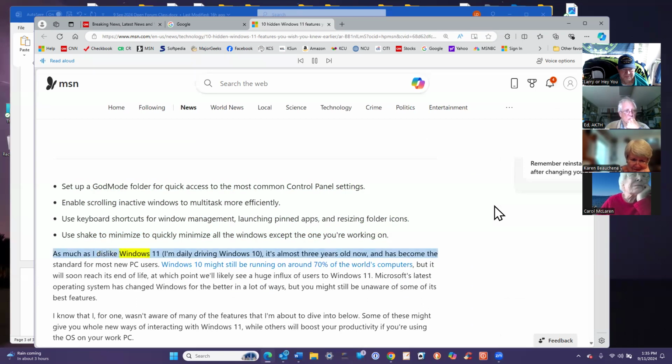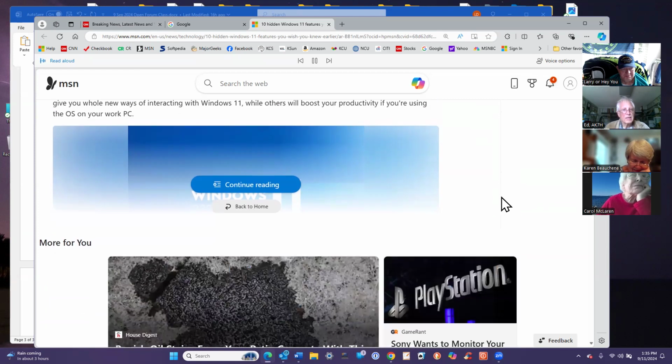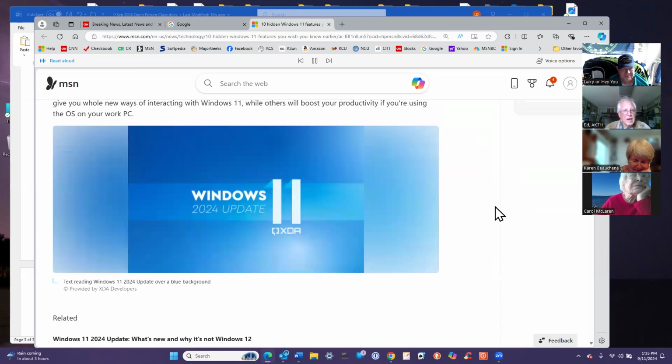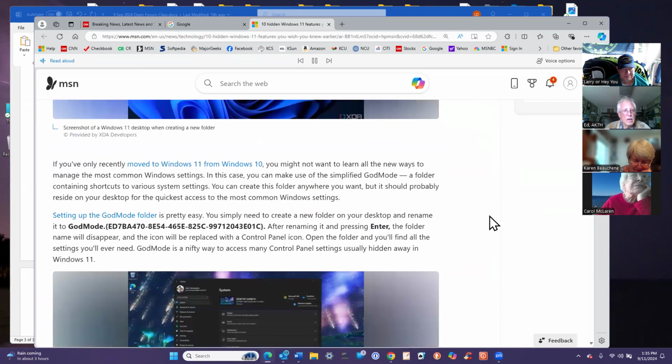As much as I dislike Windows 11, I'm daily driving Windows 10. It's almost 3 years old now, and has become the standard for most new PC users. Windows 10 might still be running on around 70% of the world's computers, but it will soon reach its end of life, at which point we'll likely see a huge